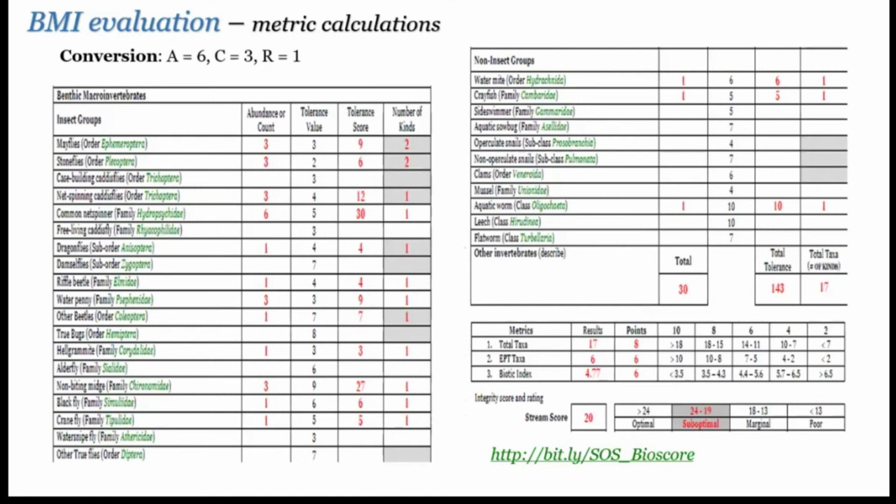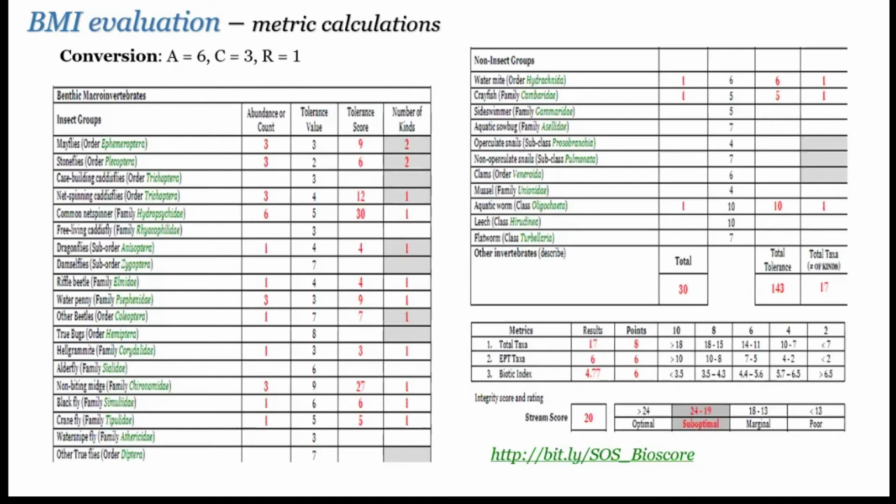Here are the metric calculations, and the metric calculations are what we use to get a quantitative evaluation of these organisms. These metrics are based upon what the Watershed Assessment Branch uses. If you'll recall, the genus level IBI and the family level IBI. So they're similar to that, maybe not as difficult to calculate, or maybe not as many in some cases, but they're very similar. And once we get a metric calculation for each one, we combine these metrics into an overall stream score, and you can see how that is done.